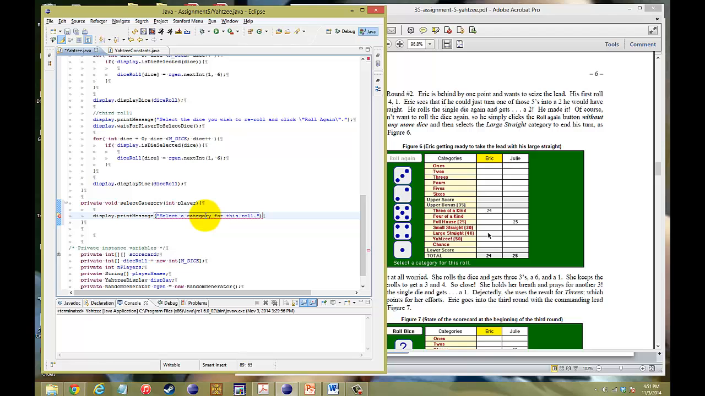Okay, so after doing that, now what we want to do is figure out, when we select the category, is it the appropriate category? Do we know? We don't. So we're going to put it in a while loop, because we want to keep selecting until we select a valid category or a valid choice, one that has not been selected already with the score. So while true,